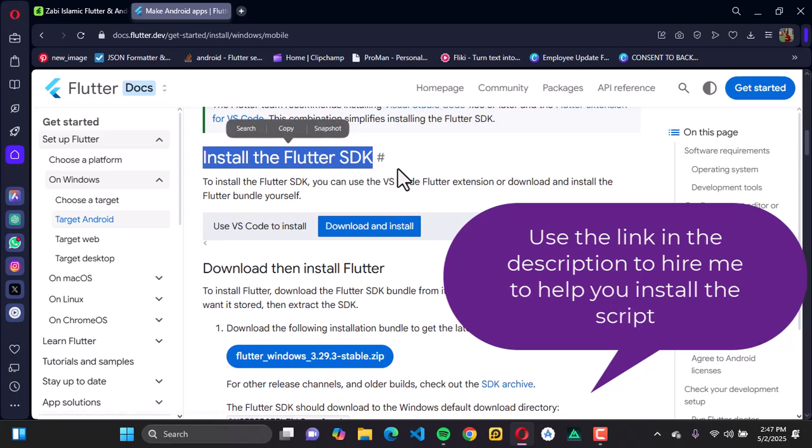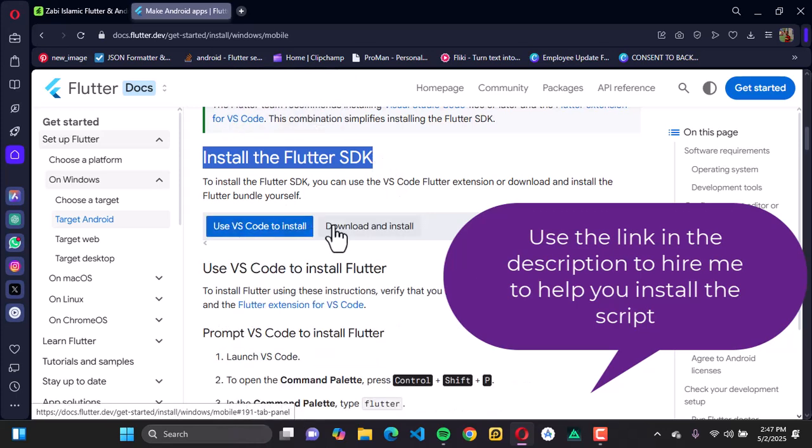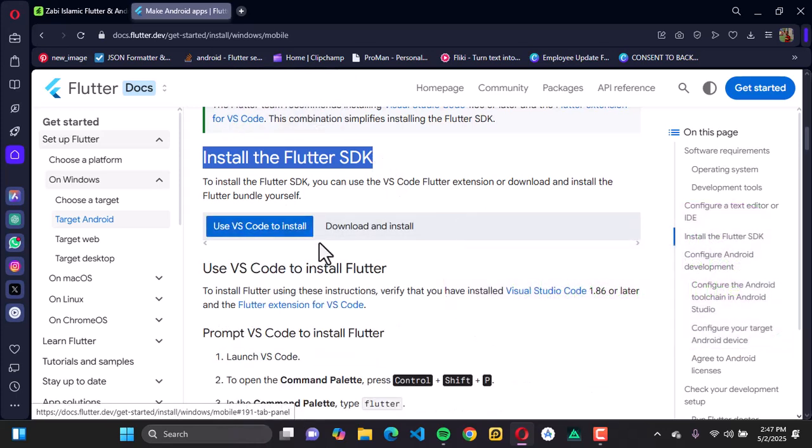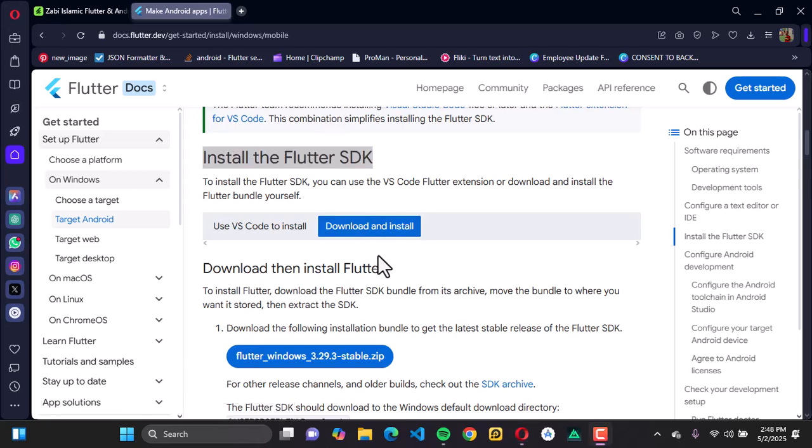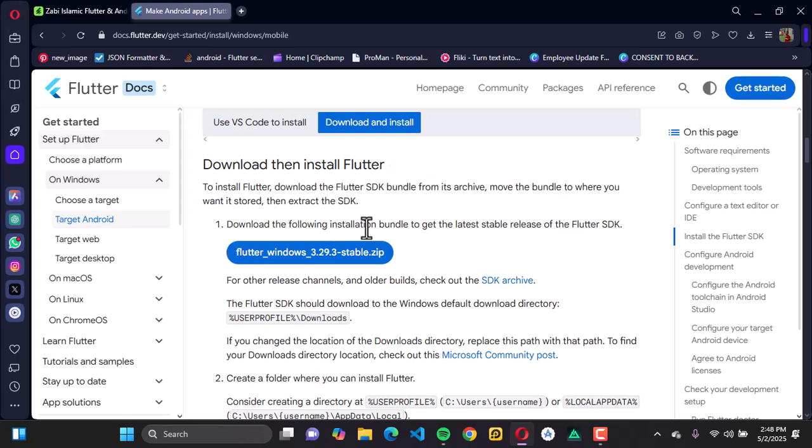Flutter SDK. Alright, so there are two options here in order to install the Flutter SDK, and the first option is using VS Code, and I assume you don't have VS Code already. So I'm going to be going to the second option, which says download and install directly. Okay, so the first thing I want to go ahead to do is to download the Flutter SDK directly from